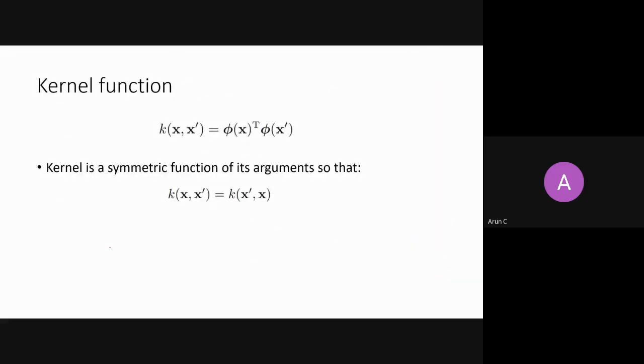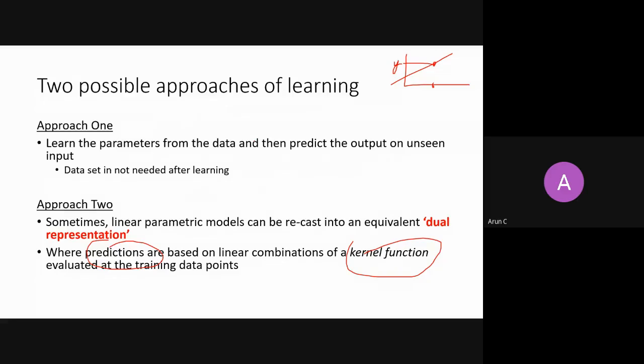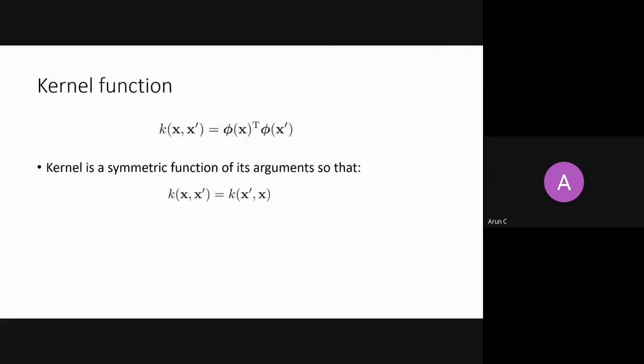One form of a kernel function is the linear kernel function, x transpose x. If we are using some feature map or basis functions phi, it is nothing but a dot product. Mostly, when these parametric models are represented in dual representation, the kernel function can be represented by a scalar product or a dot product, phi transpose phi. We will see how we can do that. Kernel functions are symmetric. It means whether you do x transpose y or y transpose x, the result will be the same.